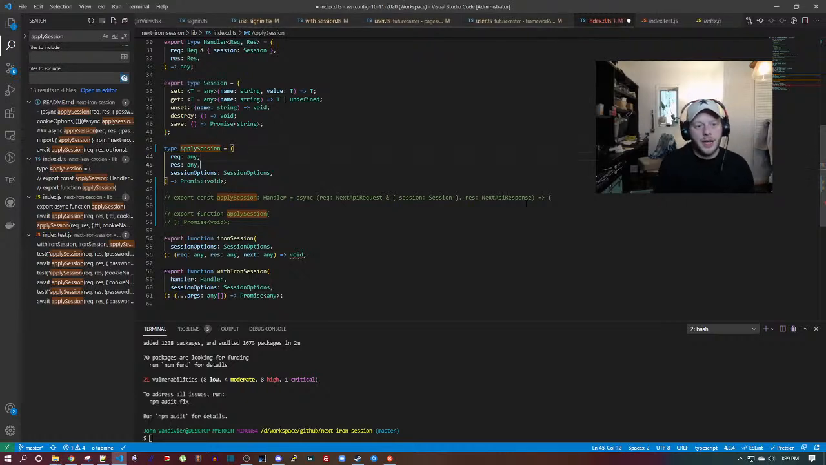I actually like it typed this way more. I could just do any session options, but I wouldn't be able to name the arguments. So this way I have named arguments. Okay, so here's the type apply session. And then I'm going to